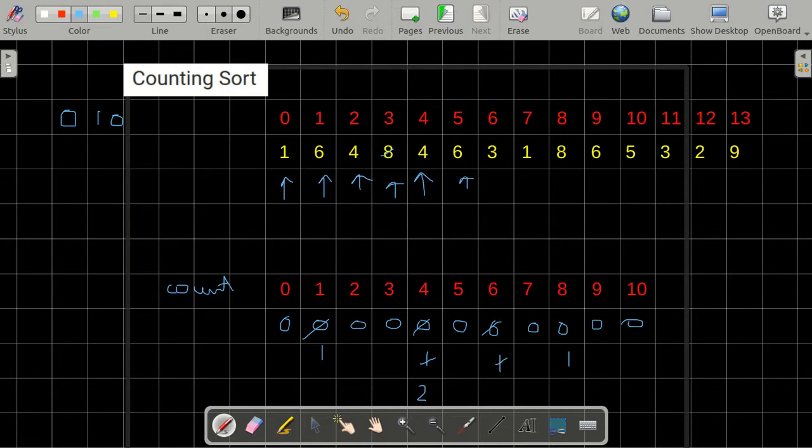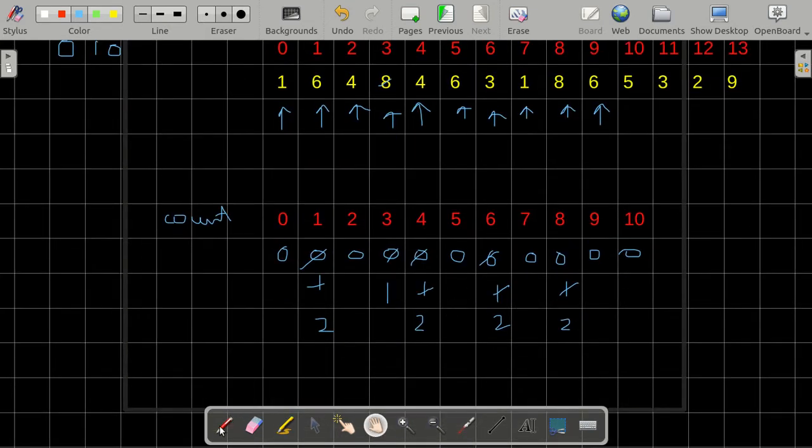So 6 will be updated as 2, then for 3 it will become 1, then for 1, 1 becomes 2. For element 8, the index 8 becomes 2. For element 6, our index 6 becomes 3.